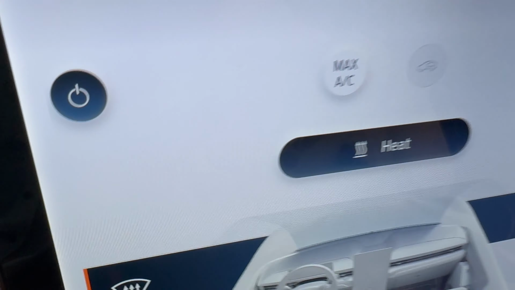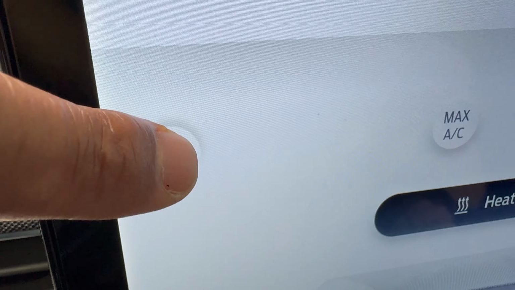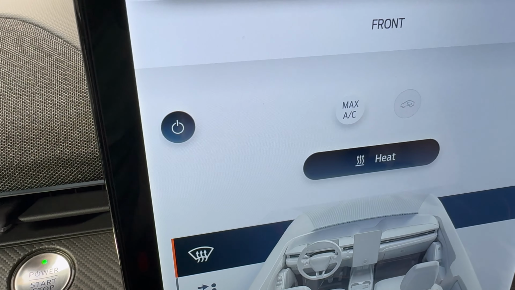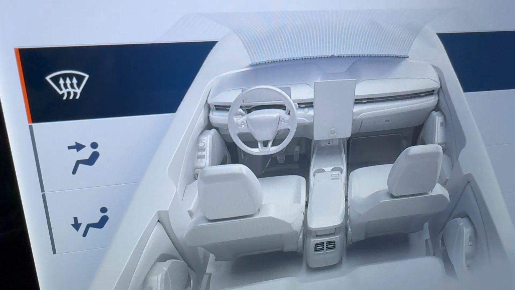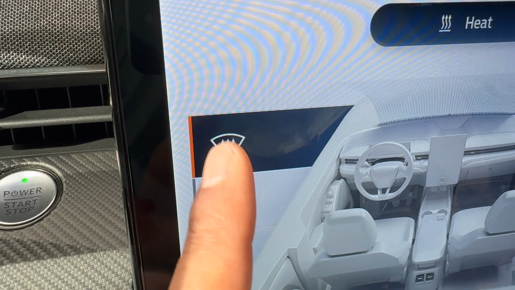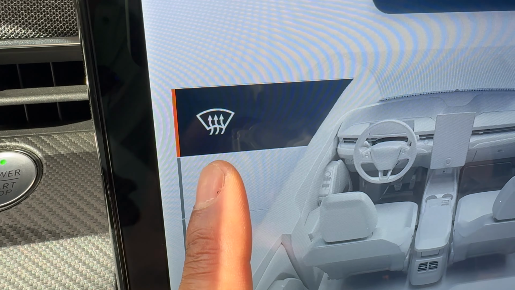There's actually a power button right here. I'm going to go ahead and press that. You see it powers everything off. When I press that power button, turn it back on, I just go right here, or I can press one of the buttons. Now with the fan speed, or the direction, right here it is blowing the air at